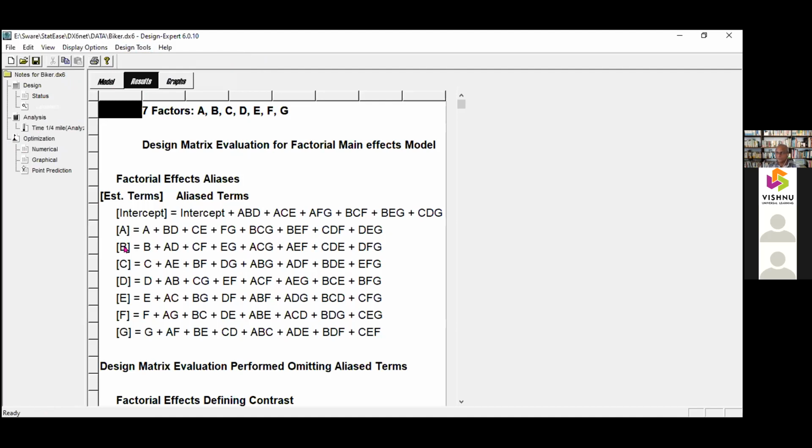Okay. So if B is significant, you have to ensure that it cannot be due to EG. So if at least two-factor interactions are not aliased, it may be publishable. If two-factor effects are aliased, then you should do additional experiments. But if three-factor effects only are aliased, then maybe it's acceptable. You can take it like that.